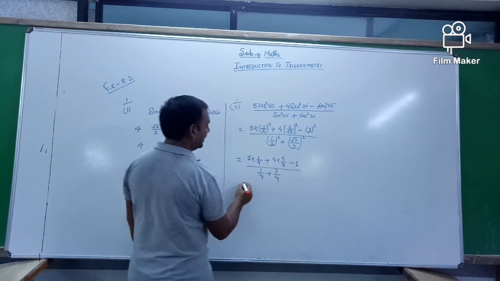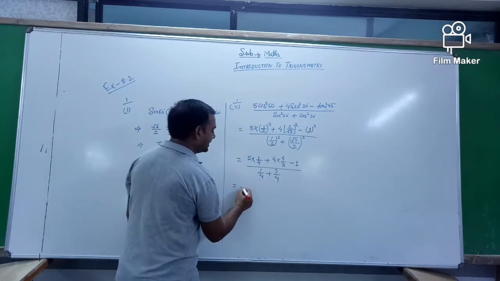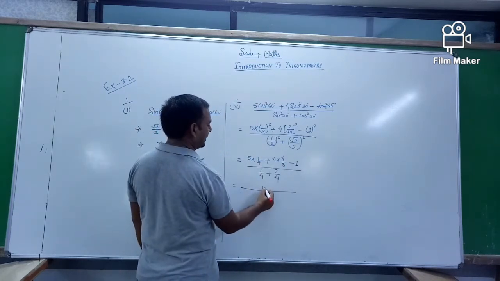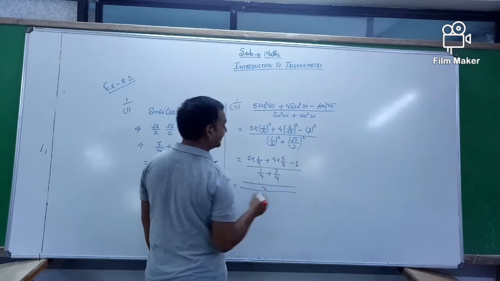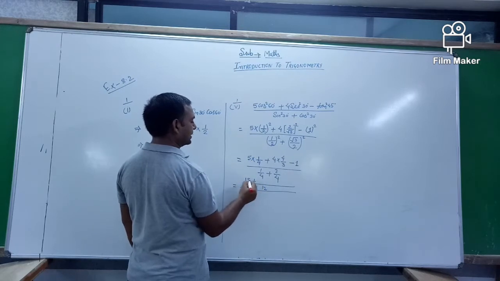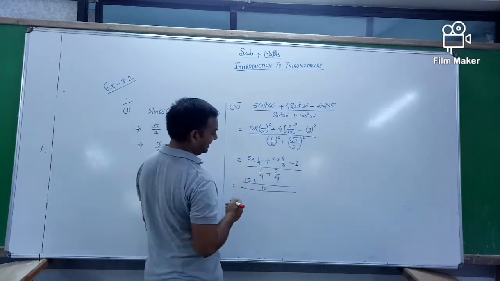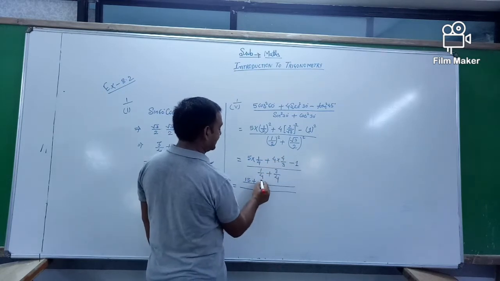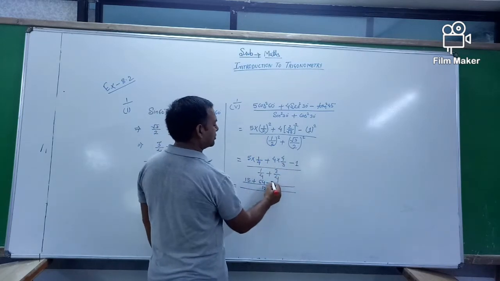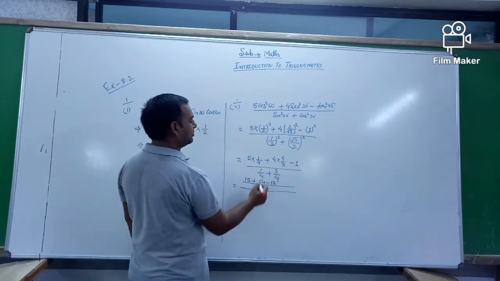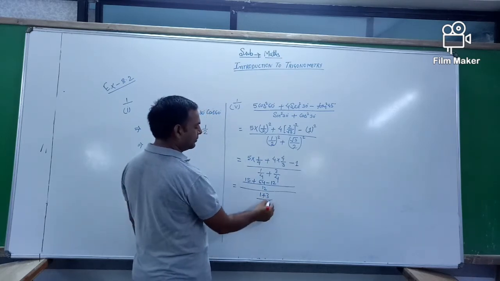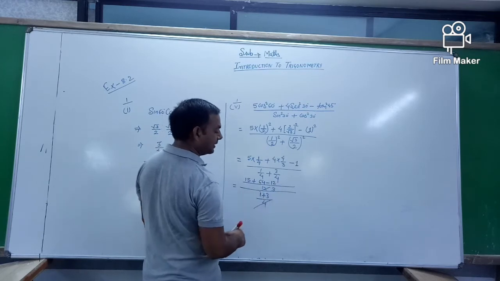You take the LCM. The LCM here is 4 3s are 12, so LCM is 12. Here I take the LCM. So 4 3s are 12, 3 5s are 15, plus here 4 4s are 16, 16 4s are 64, minus, LCM is 12, divide by 12. Here you take 1 plus 3 and divide by 4. Then 4 3s are 12, right?